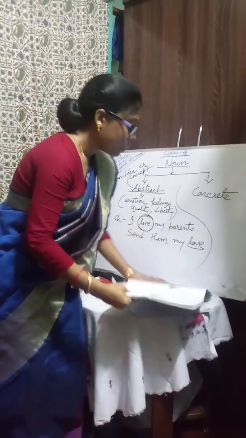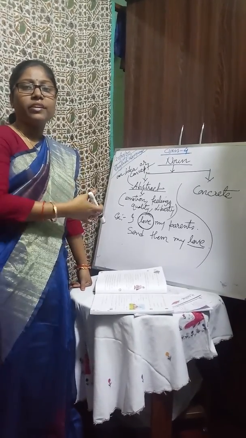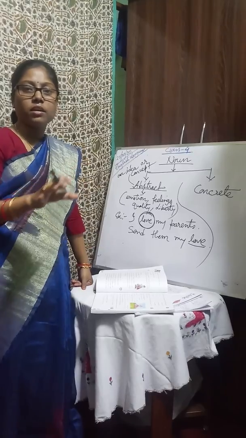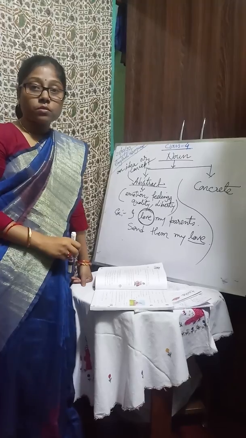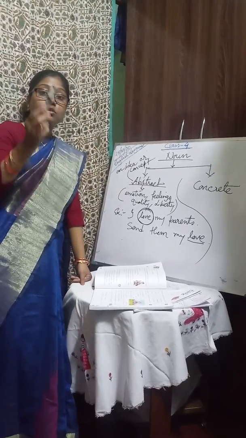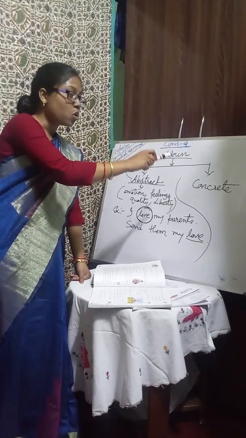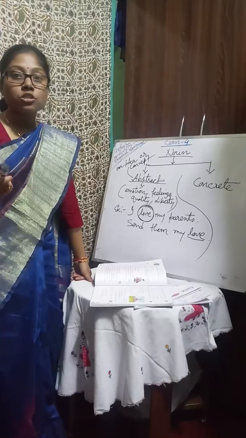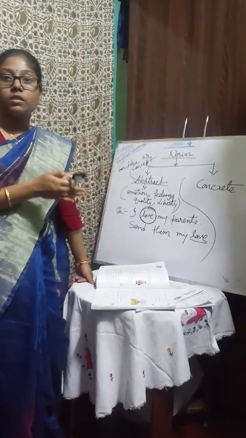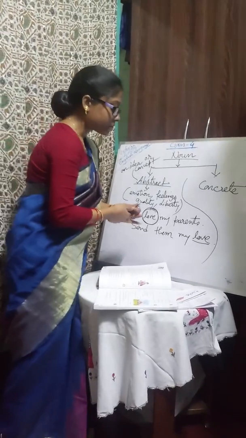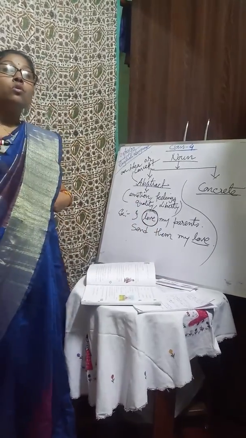Now if you see in your book, you'll see that there is no detailed description about concrete and abstract nouns, though it is mentioned that they are in the syllabus. But we have to know the basic thing about concrete noun. Clear? As I said before, it is totally opposite or in contrast with abstract. A concrete noun is something we can touch physically, we can sense with our five organs. These are known as concrete nouns.